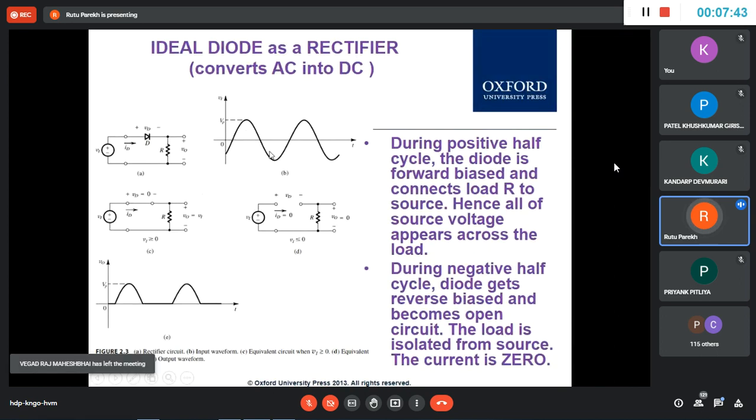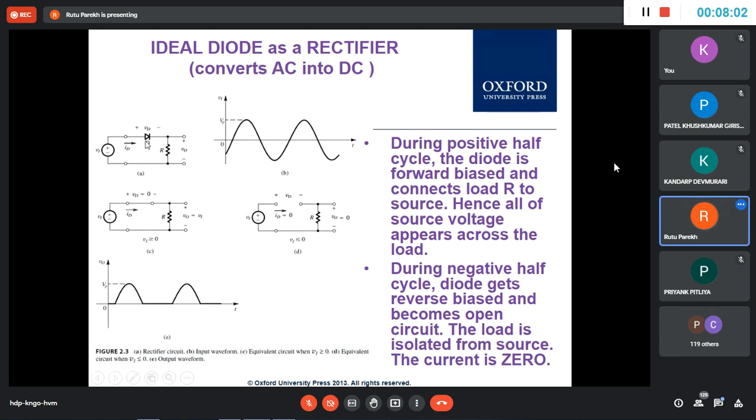Okay, that's what you will do. You think of the first positive half cycle and then the negative half cycle, and that's how you go further and analyze. This is a simple circuit, as you can see. But given this simple circuit in the exam, you may be asked to plot the voltage